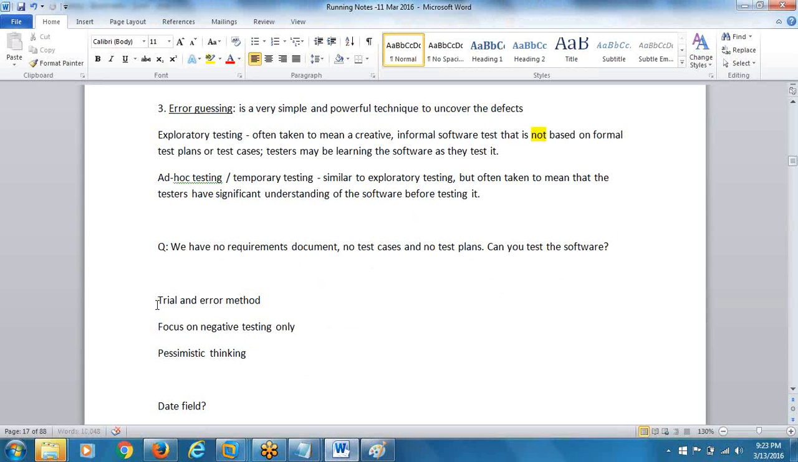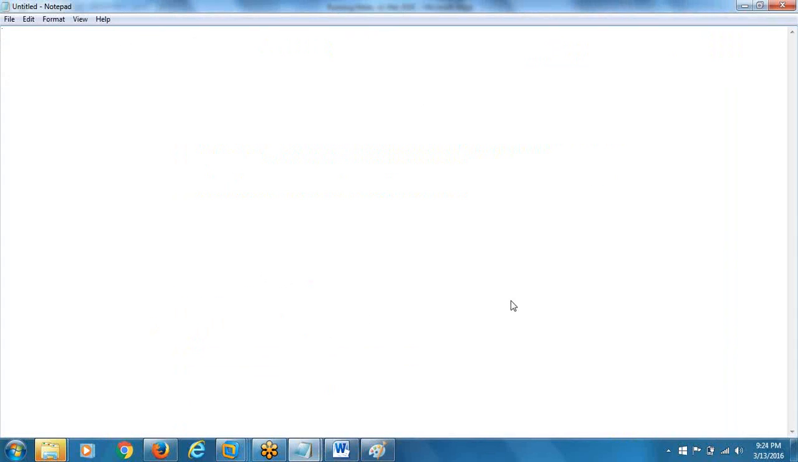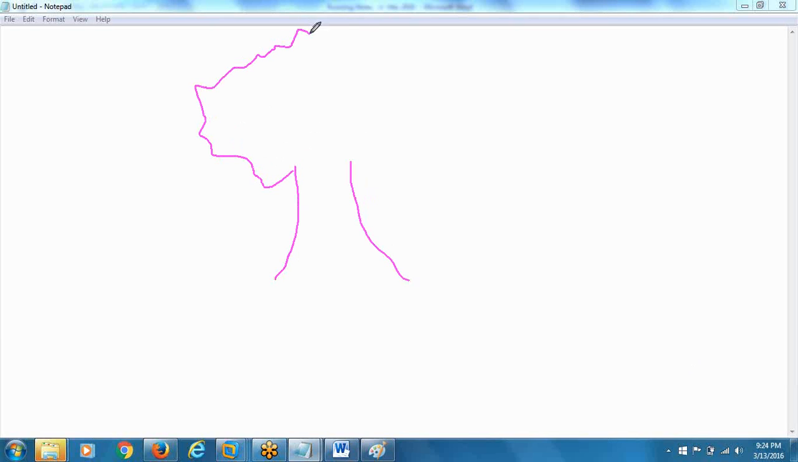So here in this error guessing technique, we are applying the trial and error method. Y2K problem, as I said, in olden days there were no testers, right? That's why a lot of bugs were there. If a tester is hired and asked to do some testing, the tester always concentrates on finding the